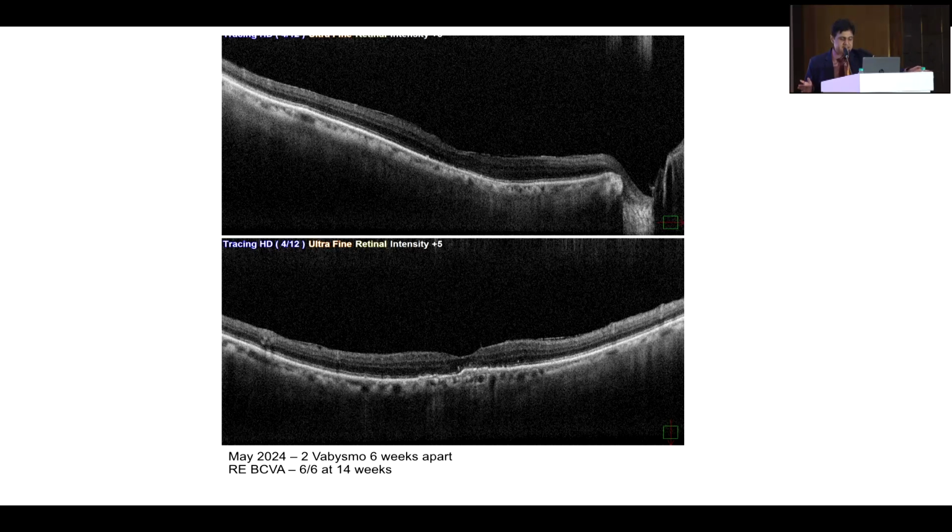He's on a treat and extend regime. He has gone up to 12 weeks. The vision has improved to 6/6. So what I observed in this, not only is there complete drying, but also the advantage is that it probably has a role in improving the outer layers of the retina. Probably because of the ANG2 effect, there is a decreased incidence of scarring which is present in some of these